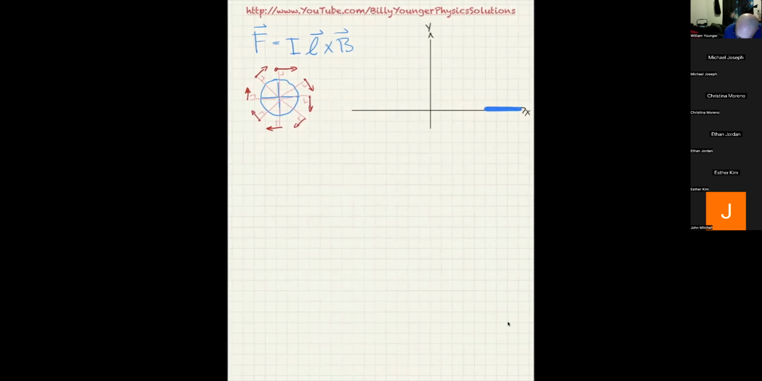right here. Okay. And then it's going to be going out right here. So what do I mean by that? I mean that current is going this way and this way. And now the current carrying wire is in fact going to go